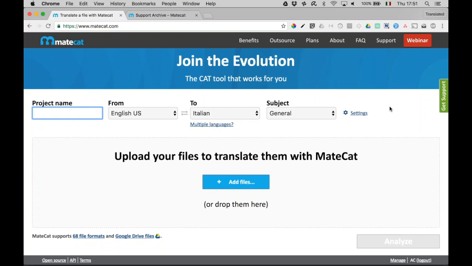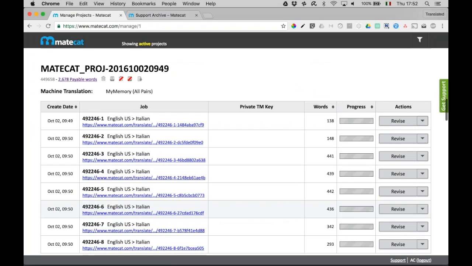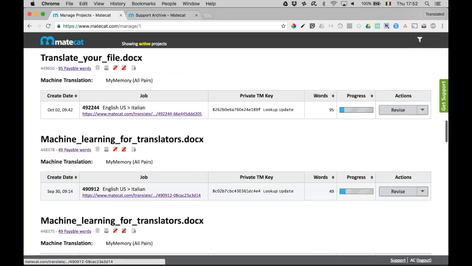Okay, and Veronique says, I'm a project manager. How can I check if a translator who is working in MateCat is not just simply accepting the machine translation? Oh, okay. Well, this is what our project managers at Translated do all the time. So before they deliver a job or they consider a job finished, what they do is they go in and check the editing log. So let's see if I have a project here to show you that. Okay, let's maybe try with this one.